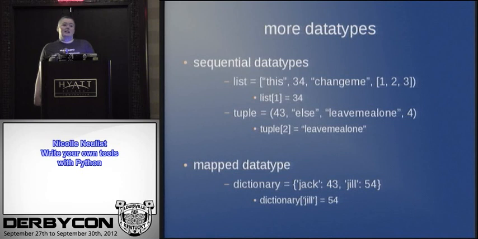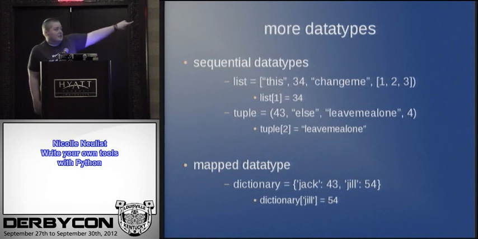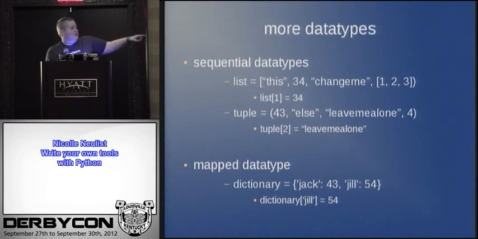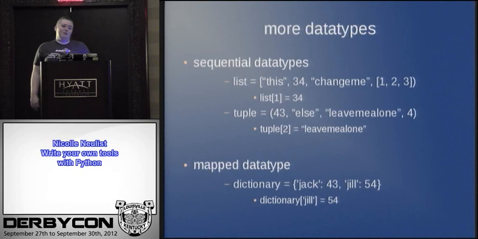There are also sequential data types, lists and tuples. Lists are with square brackets, tuples are with parentheses. You can have anything you want as an item in a list. As you can see, in that list there, we've got strings, an integer. We've got a list within the list. And actually, I've got a typo in there. That last closed paren on list should be a second closed square bracket. I will fix that before I upload this slide deck to my site, and I'm really sorry for the typo.